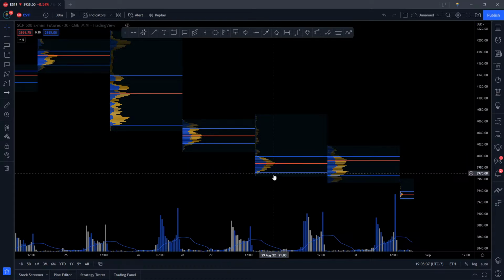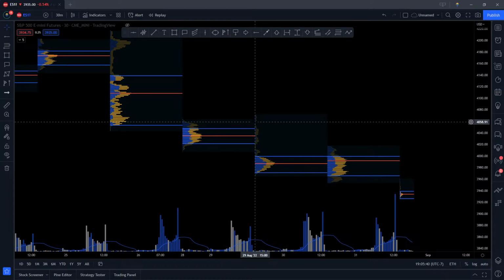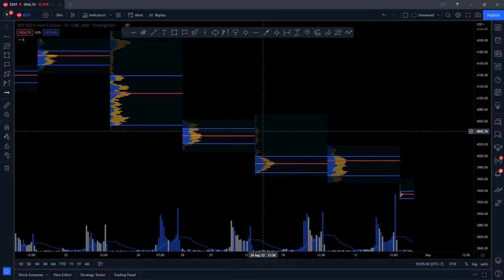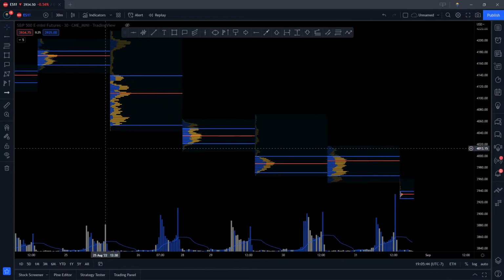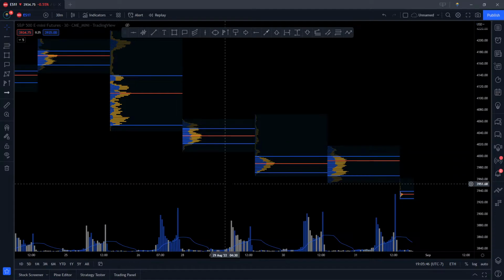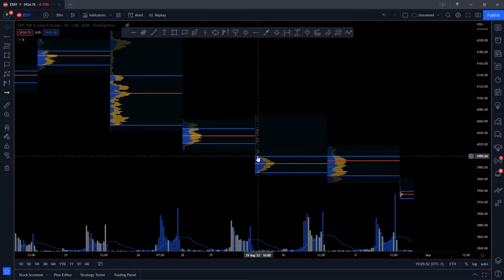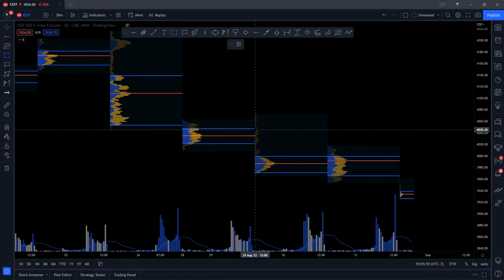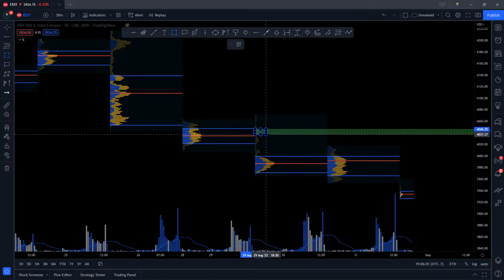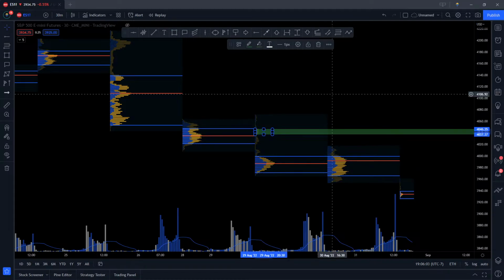So for P-shaped volume profiles, again, you're not going to do this on the 1-day volume profile. You want to do this on a fixed range volume profile further out. But you're going to be looking for high volume nodes, so areas where we have volume shelves, to take shorts. So let's just say here,